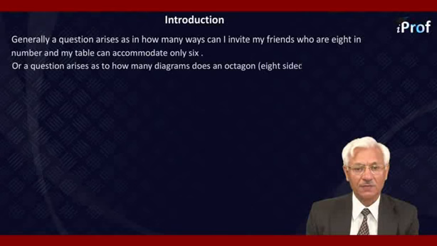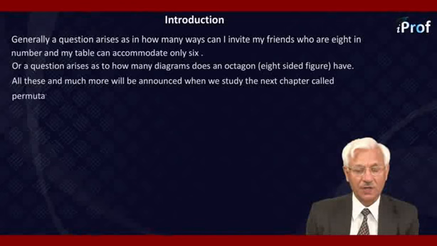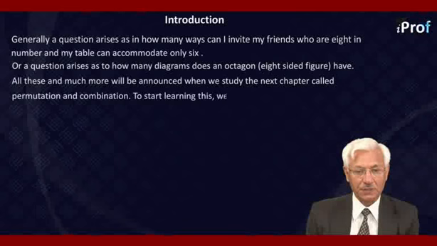An octagon is an 8-sided figure. All these and many more questions will be answered when we study the next chapter called Permutations and Combinations. To study and learn more about it, we have to study some basic facts. They are: